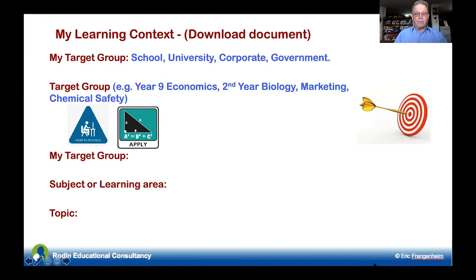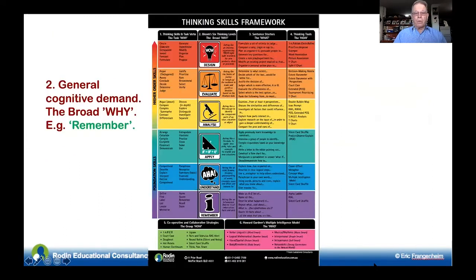Okay, so now with this in mind, we'll come back to this later on when we've practiced one of these tools. In this case, it'll be the alpha ladder. Now, we always go back to the framework, the thinking skills framework. It's in my book. It's in the thinking tools template as well. And if you go to my website, you can get a free copy, just download it in color, and you can make it any size you wish and laminate it. It'll last a long time.